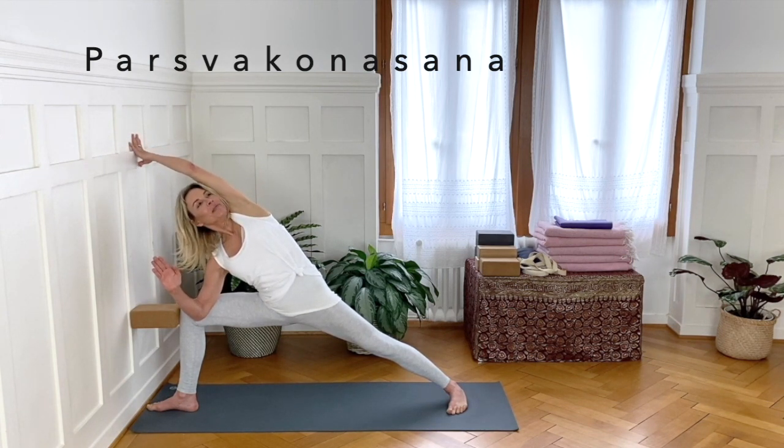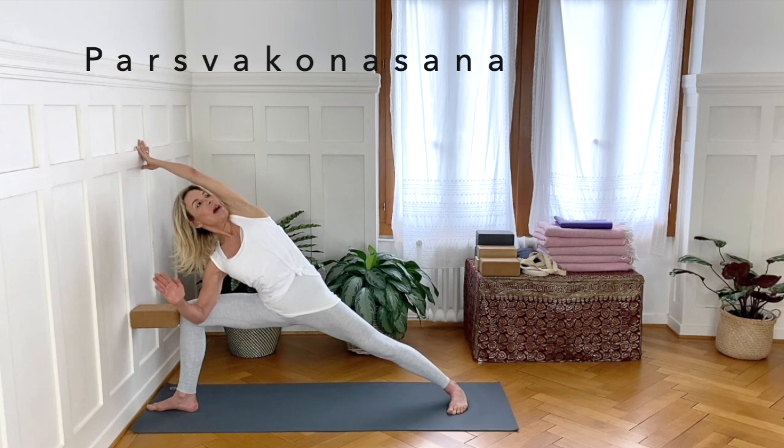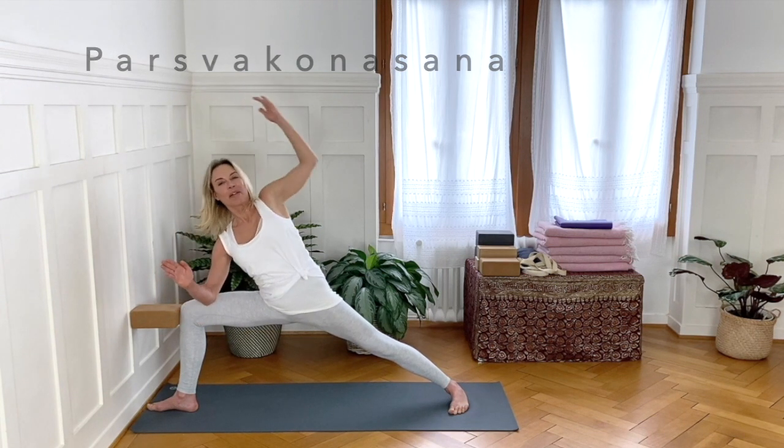Twisting. Pushing against this inner leg to twist from there, and walking the hand on the wall back to stretch the waist and continue the twist. Keep squeezing the back inner knee tightly. And coming back out